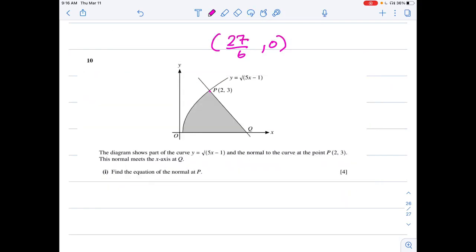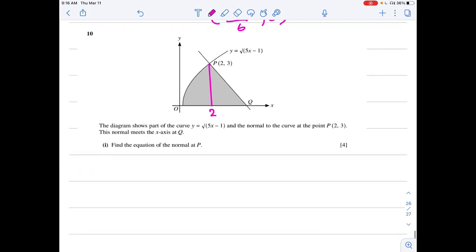So what am I going to do? I am going to draw this line, and this value of x is 2. So I'm going to find the area under the curve from this point. What is this point? The curve is intersecting the x-axis again. So what is this point? I have to find that point also. Let that point be A. So y is equal to square root of 5x minus 1 intersects